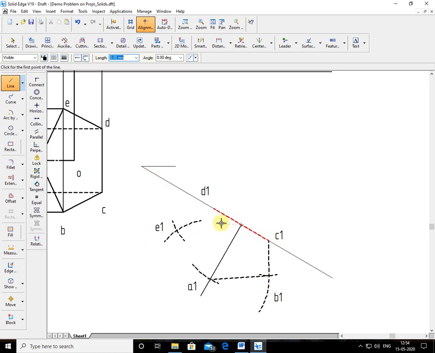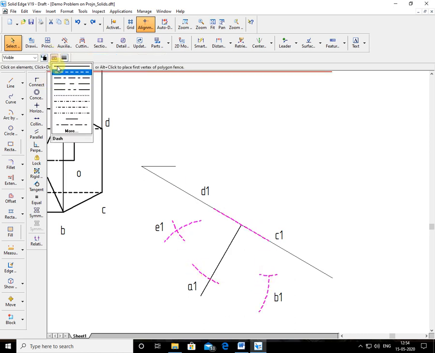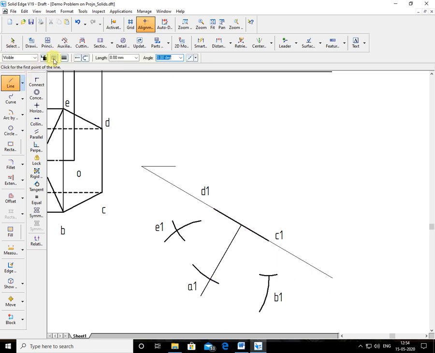This will change it here. My line type I not changed. Okay, now I'll change the... I join from here to here, here to here, here to here, then from here to here.